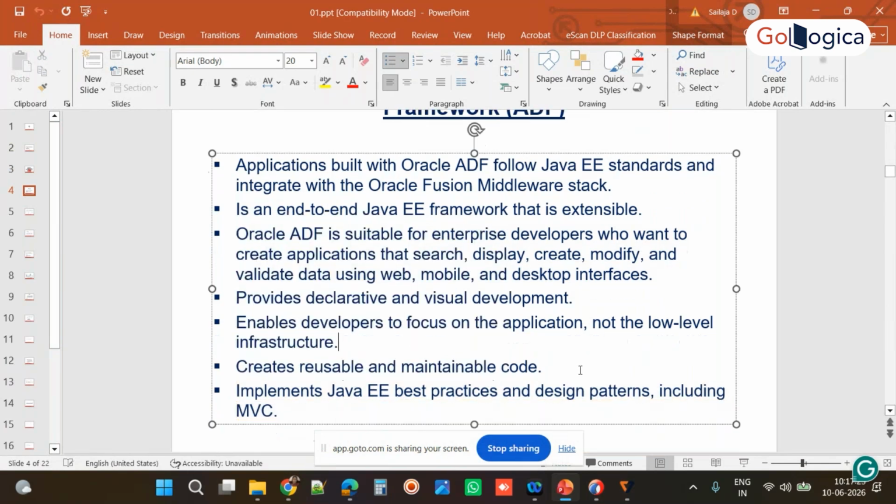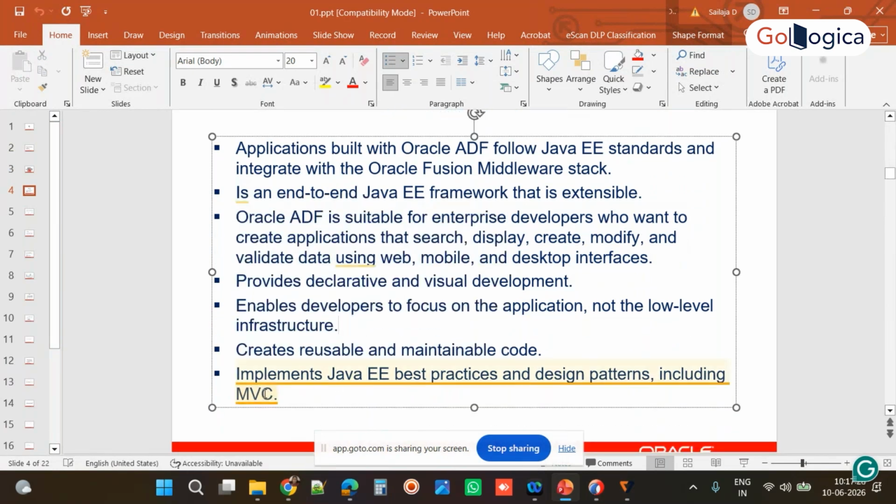It uses MVC architecture. ADF has been developed based on MVC architecture. MVC means model view controller. It is divided into three parts: model, view, and controller. Model is the database,